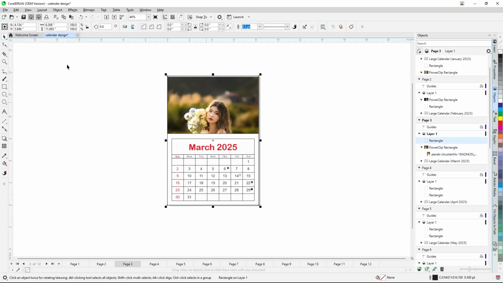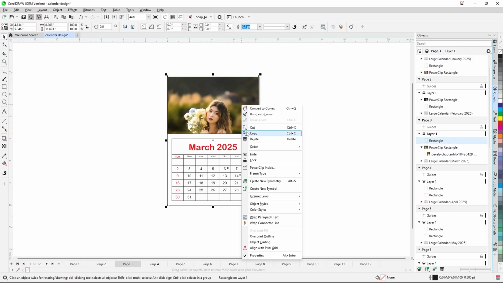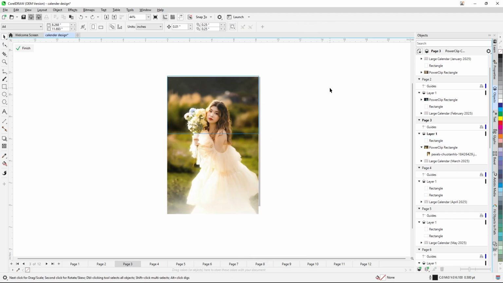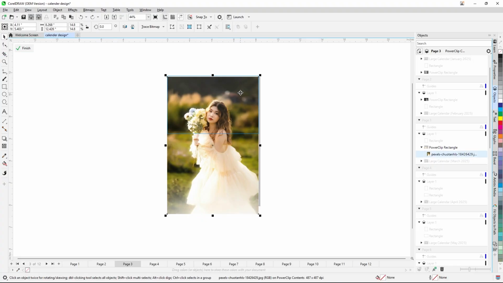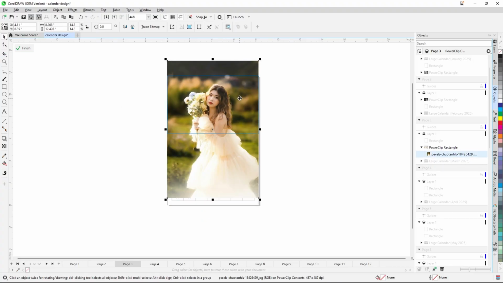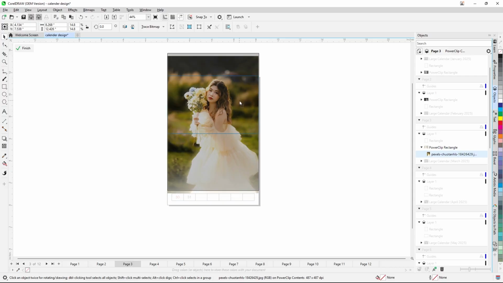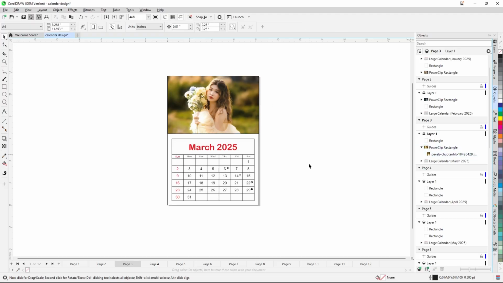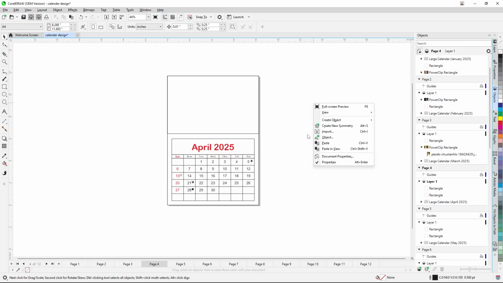Otherwise I'll edit again. Yes, finish this one. Yeah, this is, and page 4, right click and import,